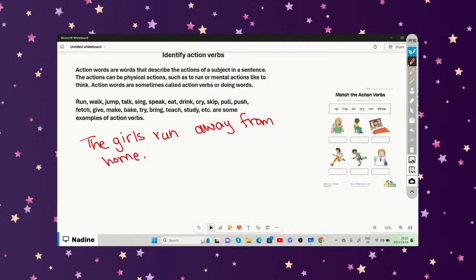So the girls run away from home. It's almost like asking yourself, what did the girls do? Because that will answer your question of the action verb, because it's a doing word. So we can then say,